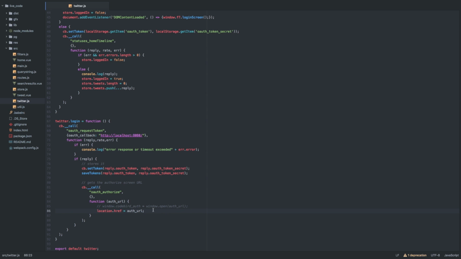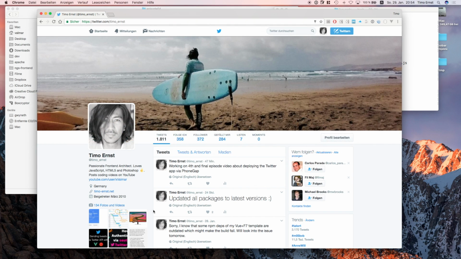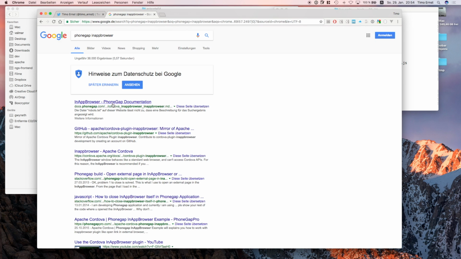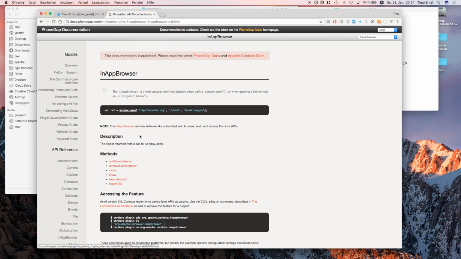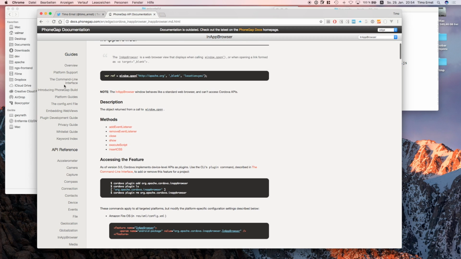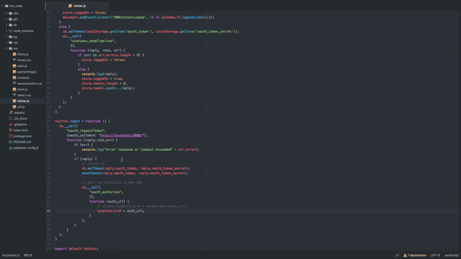So what's actually a lot better is to use the in-app browser. So let me show you what that is. PhoneGap in-app browser. The PhoneGap in-app browser is actually just a plugin and in most cases already pre-installed. And all you have to do is just call window.open and give it the URL which you want to open. And what it does is it will open a new layer, which means a WebKit layer on top of your app, and load the website that you pass in as a parameter. So we're going to use this,